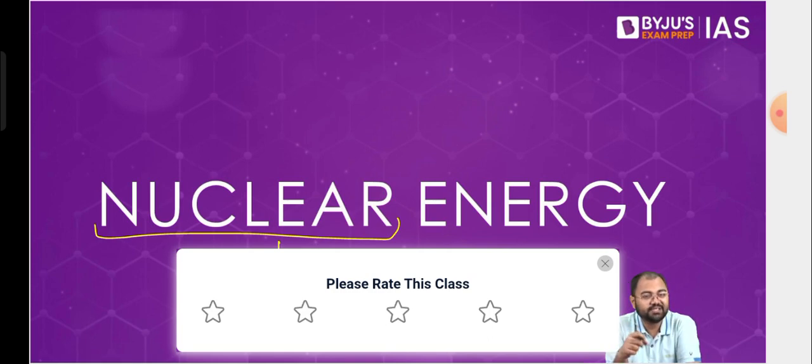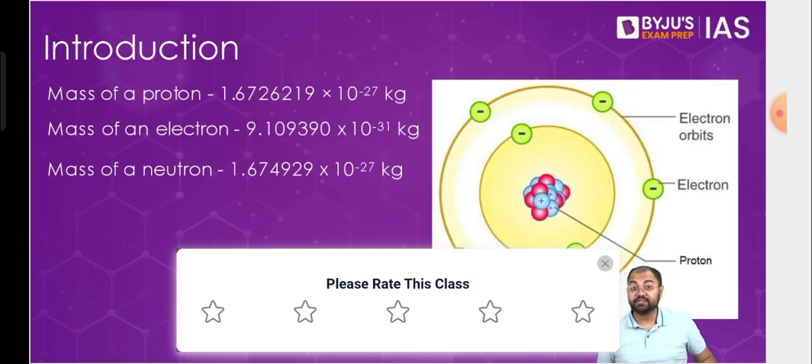Now, how are we able to harness this energy, and how did we know about it? First, let's go back a bit into the history of our understanding of the structure of the atom. In the early understanding, it was thought that the atom is indestructible. There was Dalton's atomic theory, according to which the atom is indestructible, that there is nothing inside this atom. The atom is the smallest indestructible part of matter, according to him. This is an understanding we believed in for a very long time.